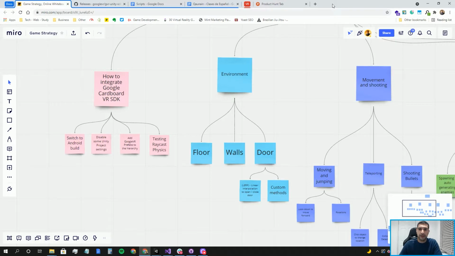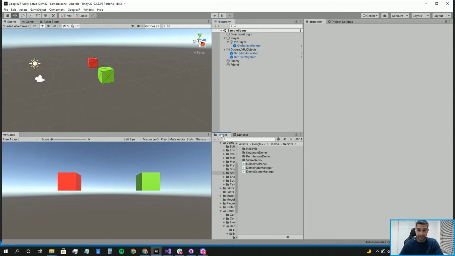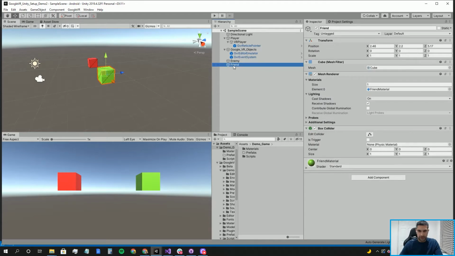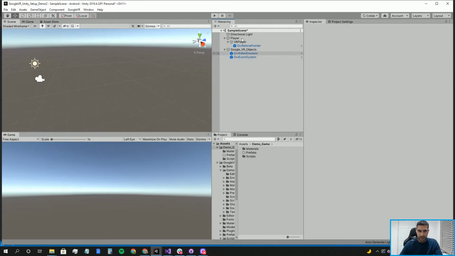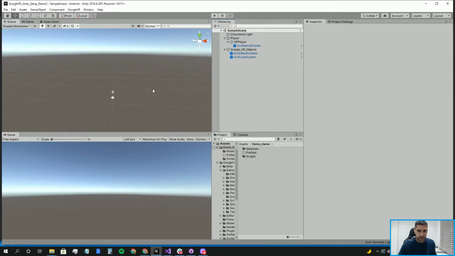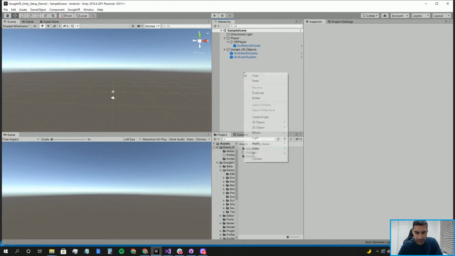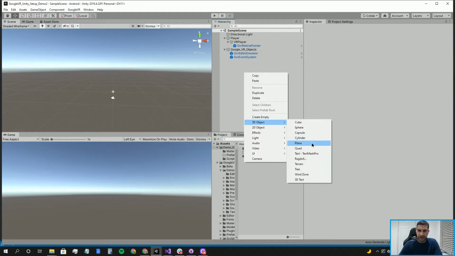parts of that environment. And all right, so we have this same scene, and everything I do I will put on GitHub, so you can just download the Unity file from there and you'll get all the codes and all that stuff. So what we've got here is we've got these two objects here. Let's just get rid of friend and enemy, and then what we want to do is we want to make a plane. So you go to right click in your hierarchy, go to 3D object plane,